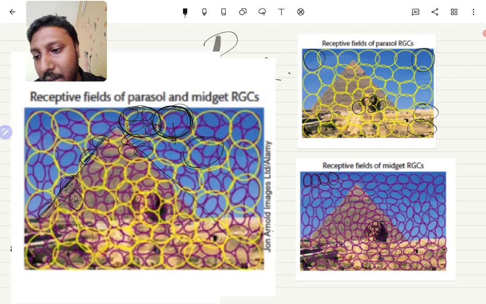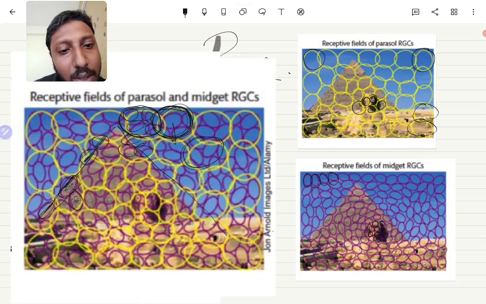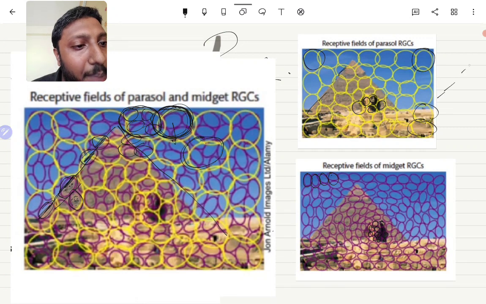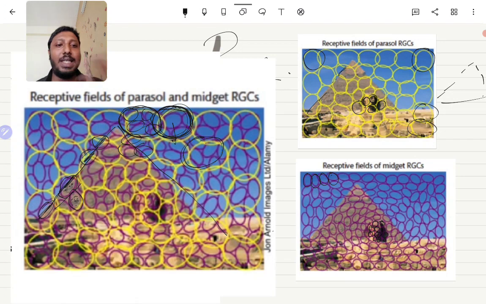Okay, like you can see that. This has got an edge. This has got an edge. This may not give an edge. This also may not give an edge. So it is like this, and there will be small gaps, like we draw. Okay, so this is how edges are detected.